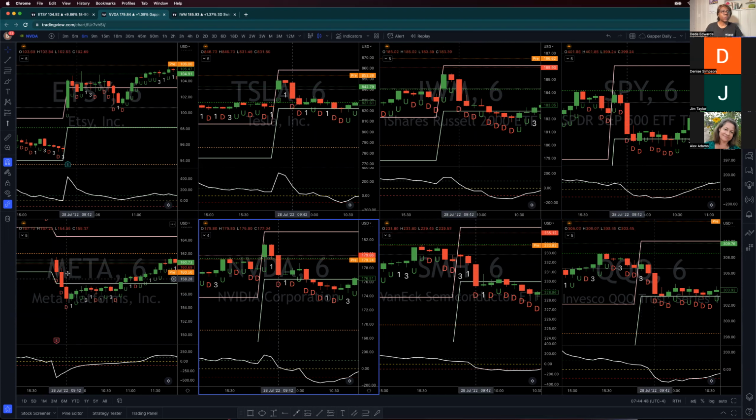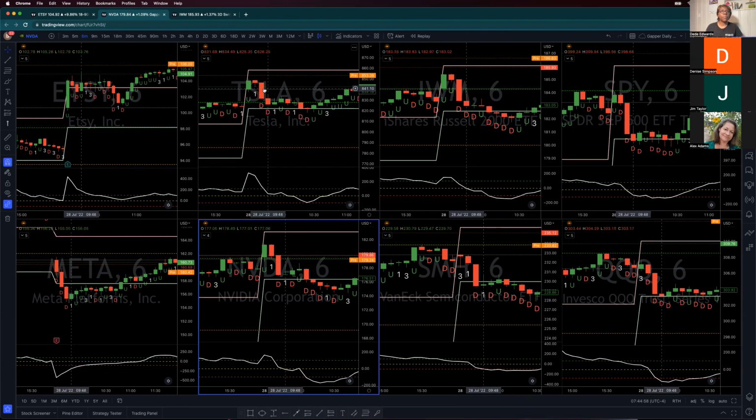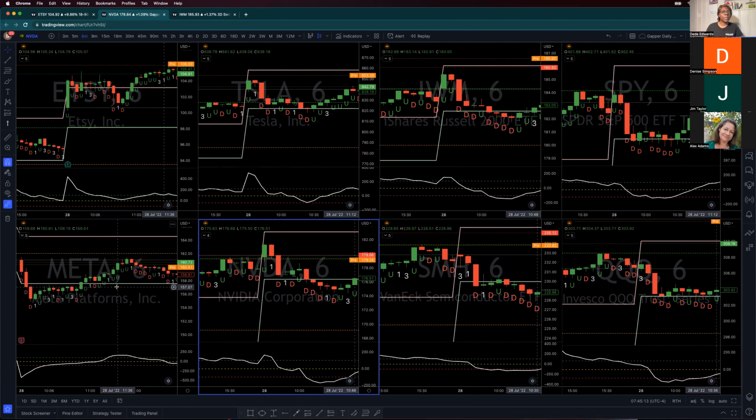Meta was not a reversal at all. It went 2 down, 2 down, 2 down. So I have these D's and U's just for visual effect, so you can see how the market is moving, and you can visualize the 2 downs and the 2 ups, okay? All right, so 2 down, 2 down, 2 down. It crossed back above